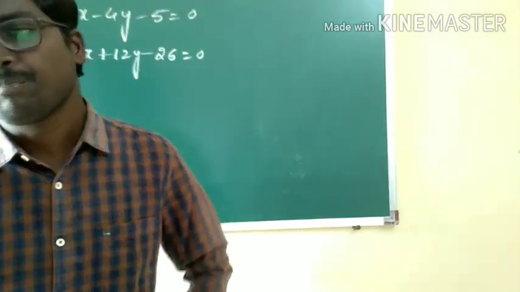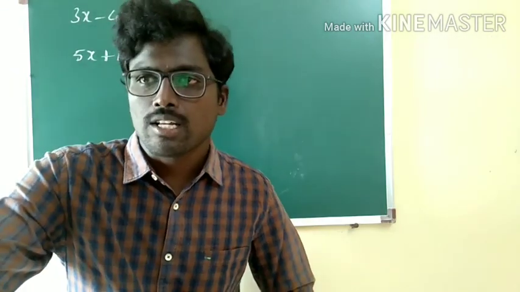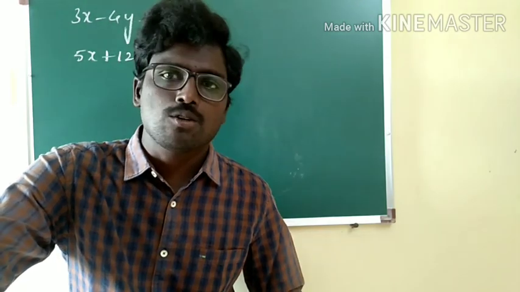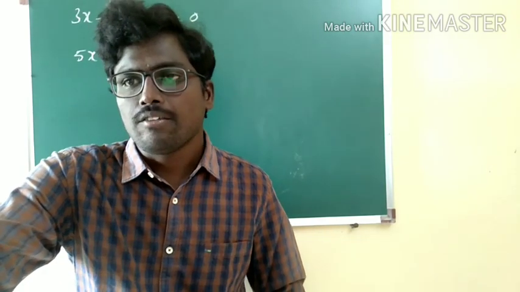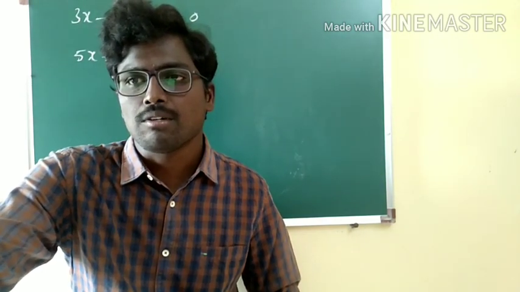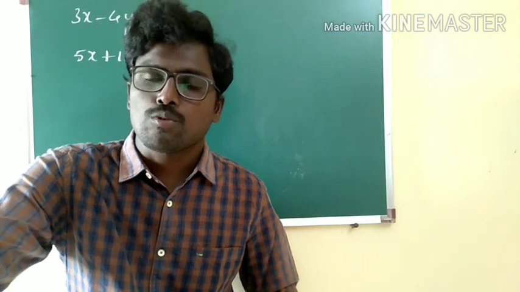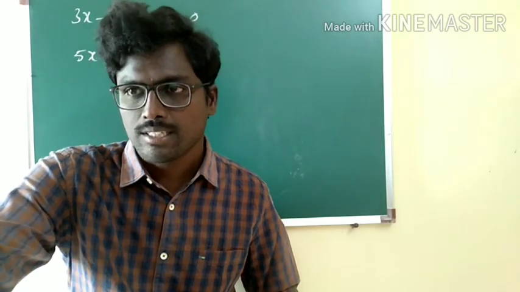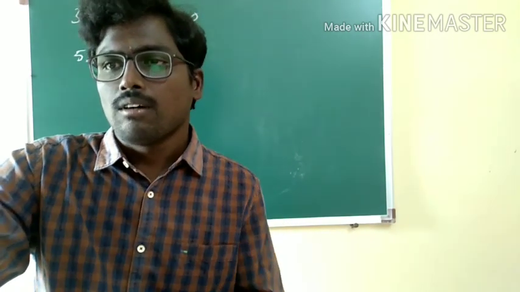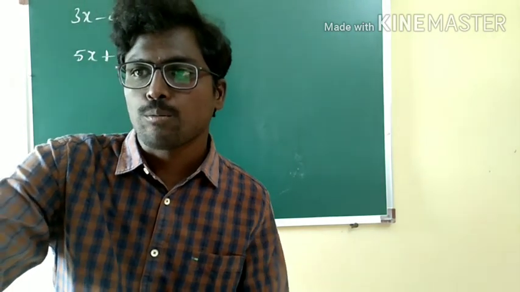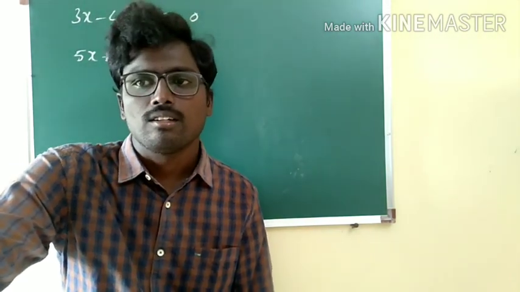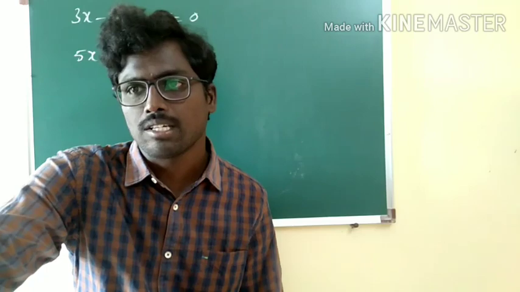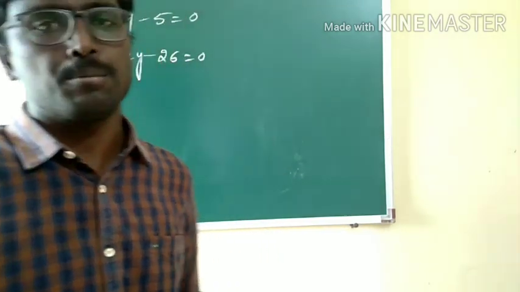The same point I have told you: a1x plus b1y plus c1 equal to 0 and a2x plus b2y plus c2 equal to 0, where c1 greater than 0 and c2 greater than 0. Then (a1x plus b1y plus c1) by root of a1 square plus b1 square equal to (a2x plus b2y plus c2) by root of a2 square plus b2 square will represent the equation of the bisector of the acute or obtuse angle between the lines according as a1 a2 plus b1 b2 is negative. Means if a1 a2 plus b1 b2 value is negative, plus sign between them will give us acute and minus sign between them will give us obtuse.